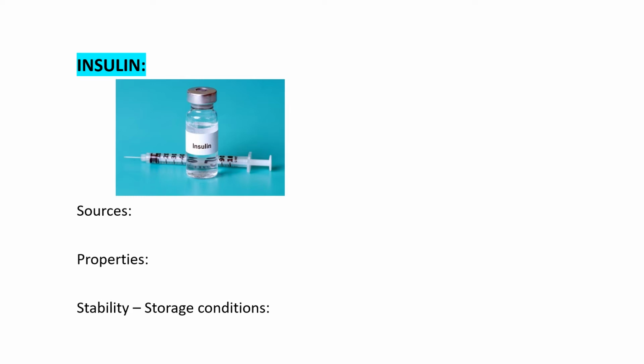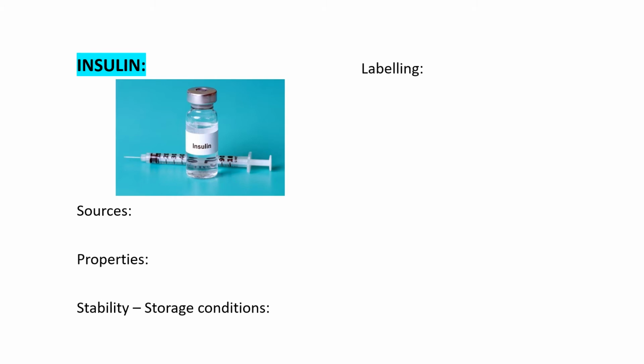Now insulin you have to take regularly. Therefore, it is not possible to store in a single dose container. You have to store in multiple dose container. It is stored at a temperature between 2 to 8 degrees Celsius, and on the label it is specified should not be allowed to freeze. It is affected by heat and light, stored in multiple dose containers at a temperature between 2 to 8 degrees Celsius and should not be allowed to freeze.